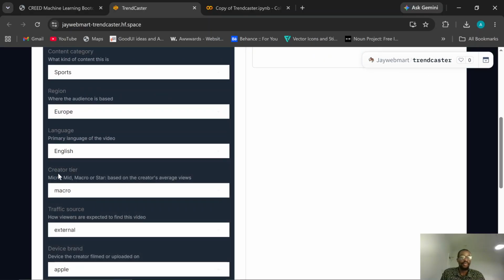Creator tier is based on the level of influence. Micro means the creator has a small average number of views, mid means they have average views, and star shows how popular the creator is.